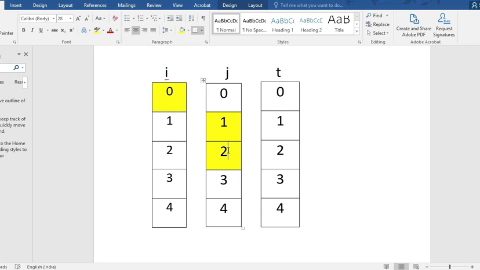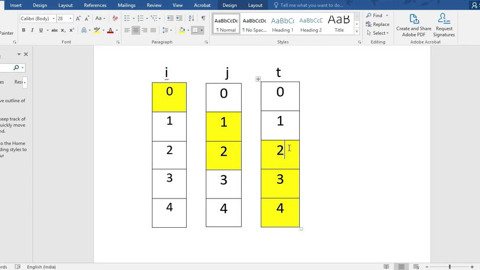Now I will initiate another for loop with the t variable. This for loop will iterate from position j. This is our position j, and j is now basically 2. So this will iterate from j to the rest of the array. This third for loop will iterate from the second position, so j to n.